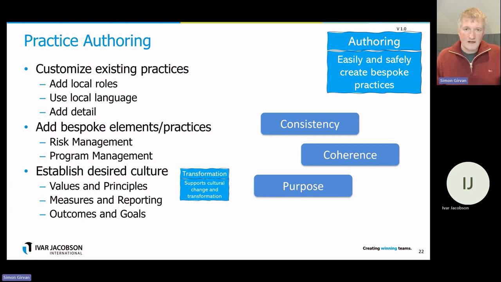And if I want different values to be the ones that team focuses on, then I can construct my practice in a way that focuses on different values. So it allows me to use the practices to really get towards the culture that I want. So a really key part of authoring a practice is also thinking, what do I want the emergent habits and behaviors and mindset to be? Because I can build them in if I want to.